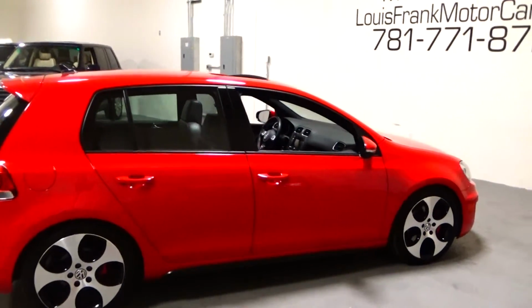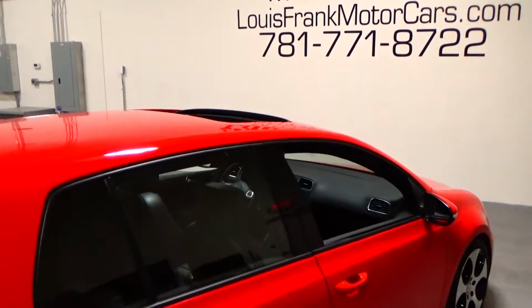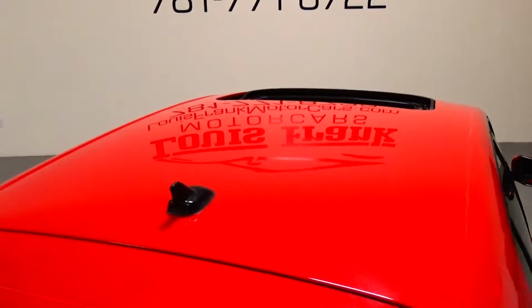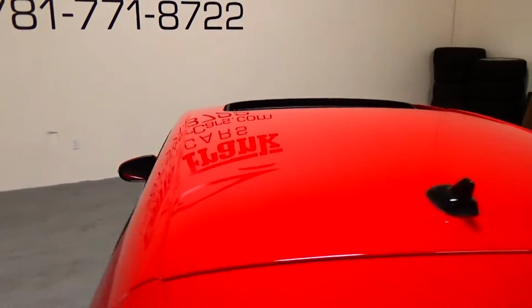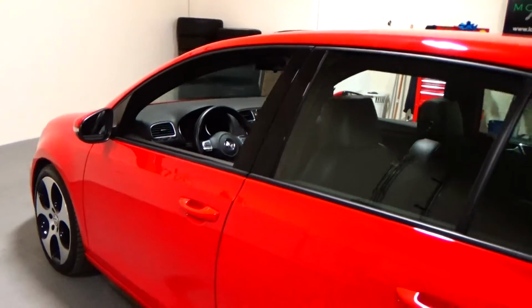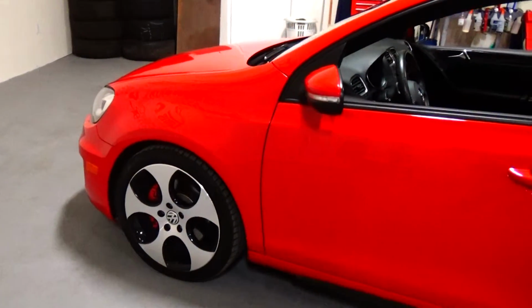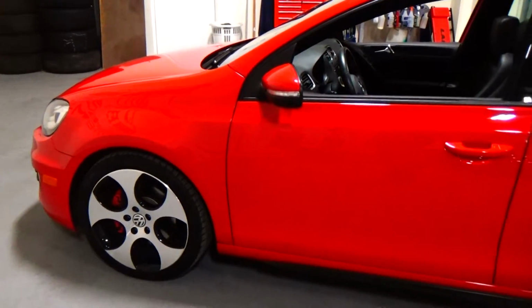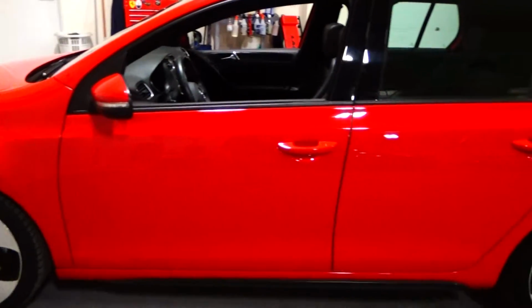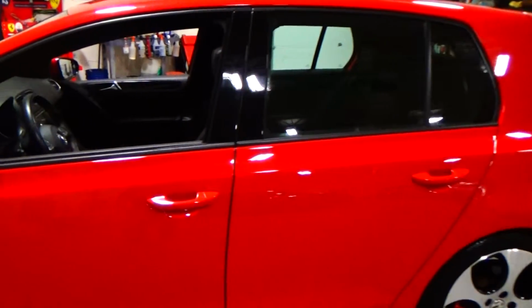But absolutely exquisite condition all the way around. Clean Carfax, clean AutoCheck report. It's a one-owner car, fully serviced, 4 brand new Continental tires. Again, ready to go, ready to enjoy. You can take this car to track days and have an absolute blast. And you can also pick your kids up from school and have plenty of room. So it's just an